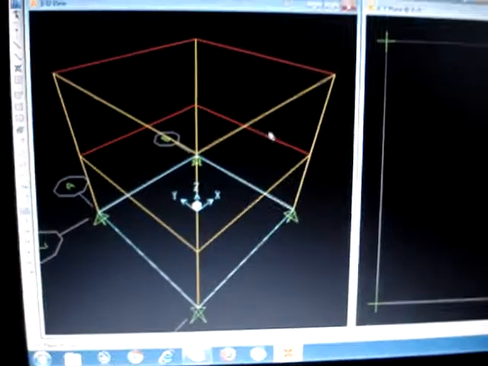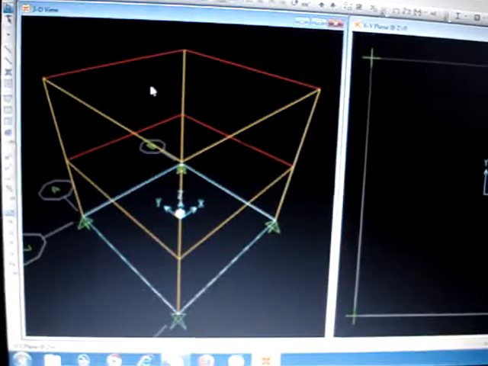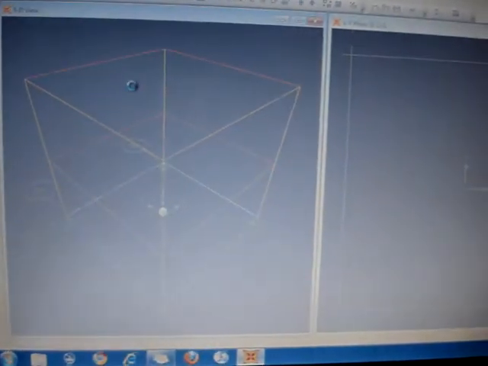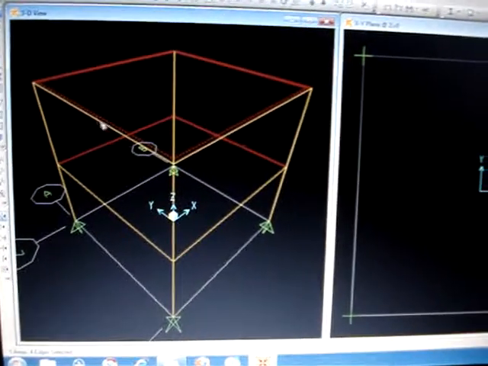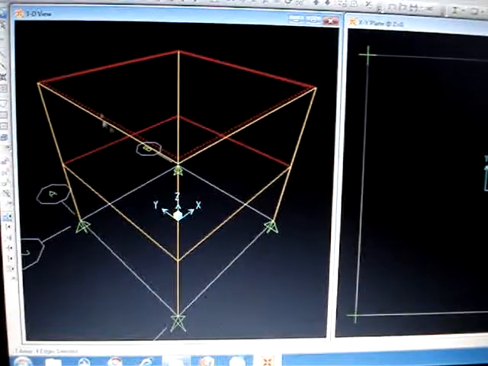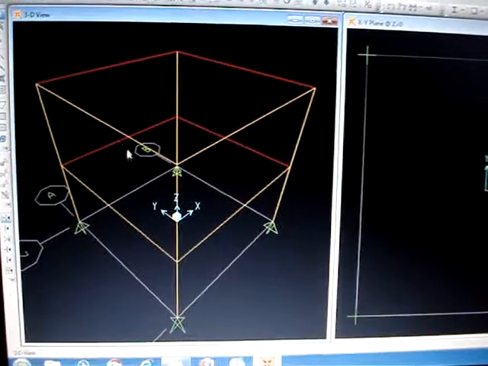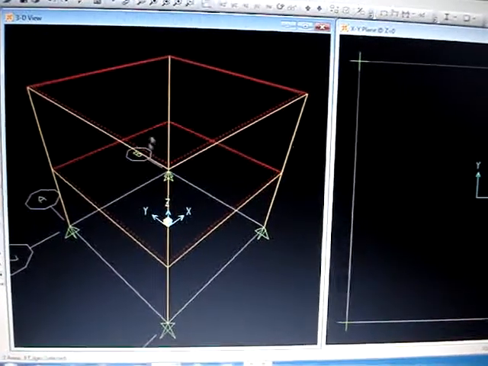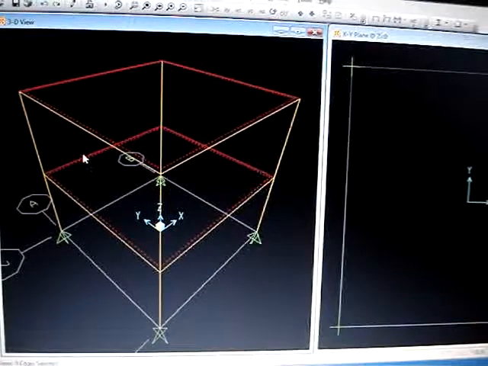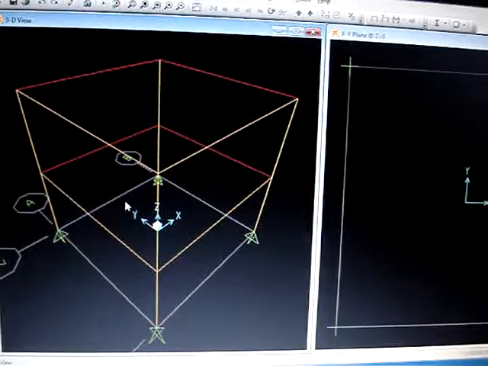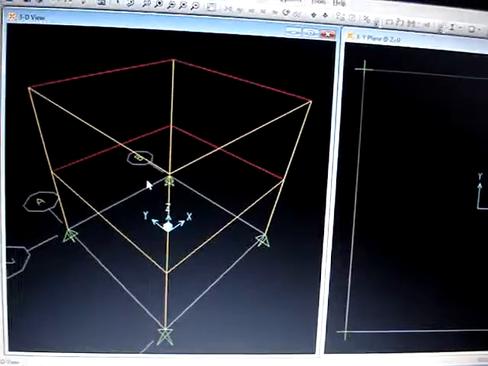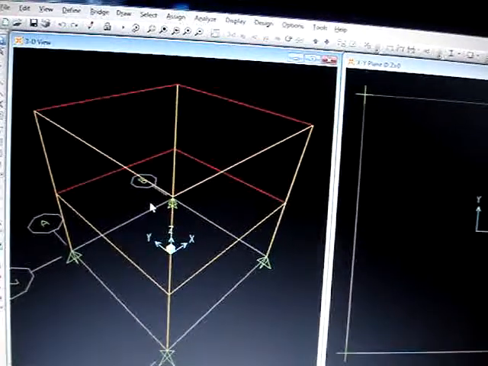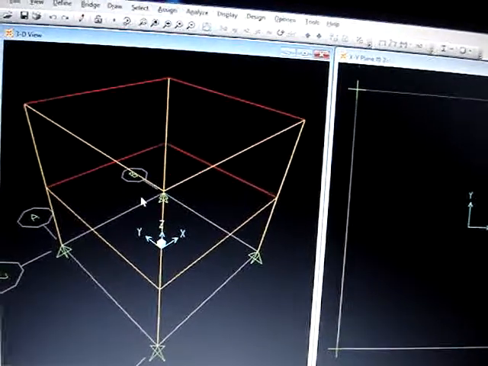So this model will appear on your screen. If you just click somewhere in between, you can see this dotted line at all the 4 edges. So this represents your slab. On each floor you have one slab. So this is what you need to do extra. You need to build a model in this fashion, that you have to choose the beam slab building option in the 3D frame.